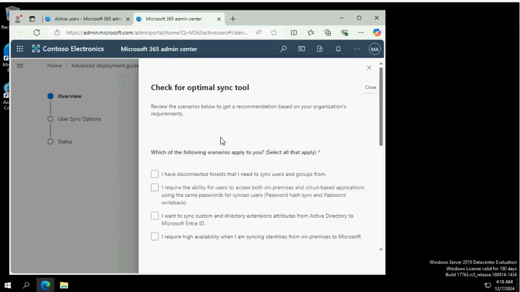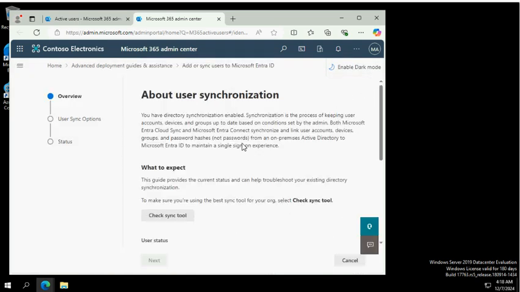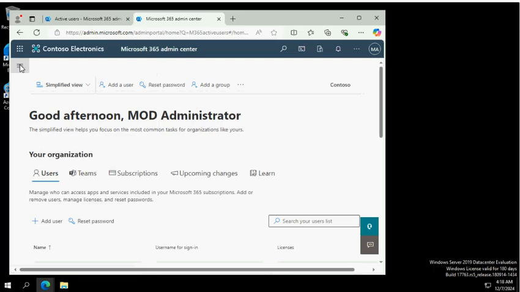So then you have these options, like if I want to sync custom directory attributes, or require the ability to access both on-prem and other options. You can check that. And next, if you go here,